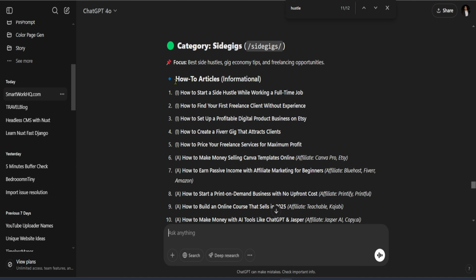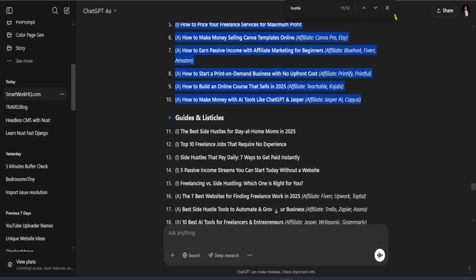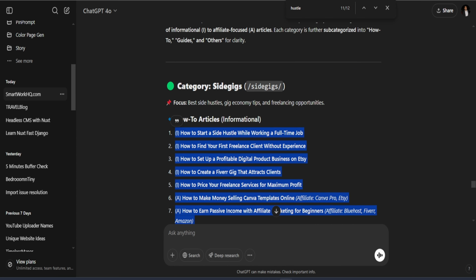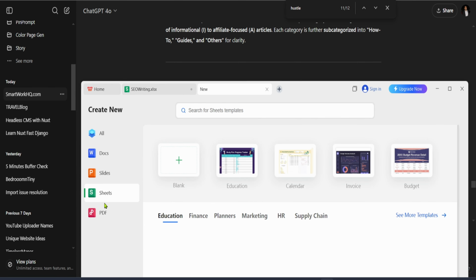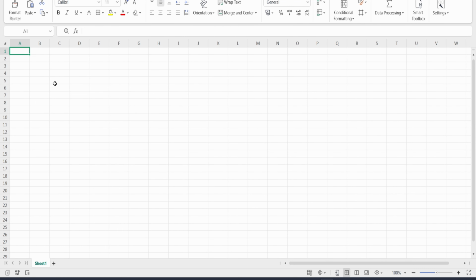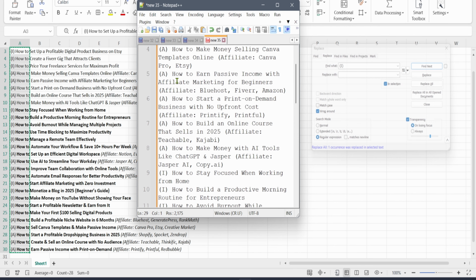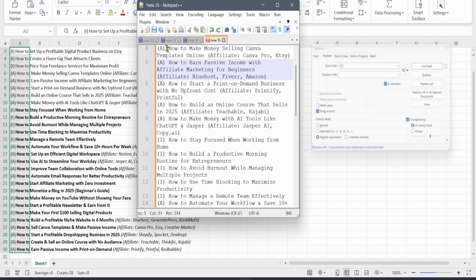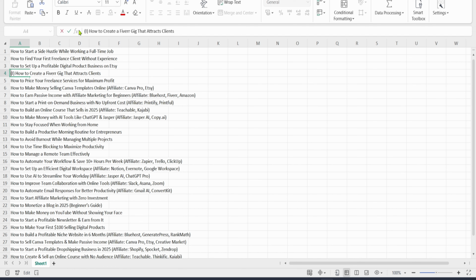What I do now is I've selected all the how-to articles, so I'll copy them and put them in an Excel sheet like this, and we'll create a new Excel sheet. So we have that now, and we'll take all the how-tos. I don't know Excel that well, so that's the reason I'm doing it this way. We'll take this A and we'll put it here. We'll replace all, and yes, so I'll take all of them,